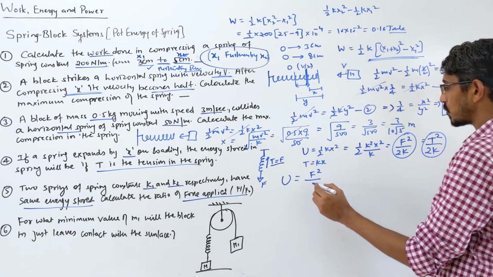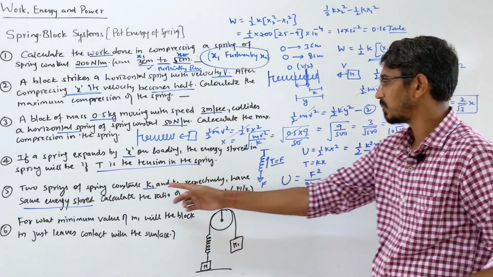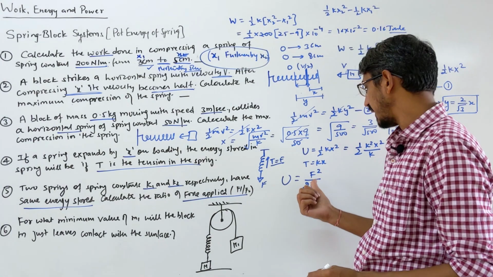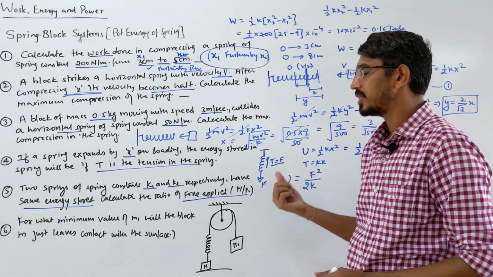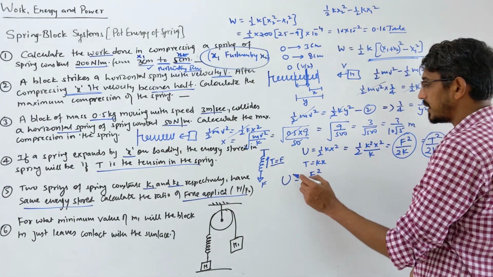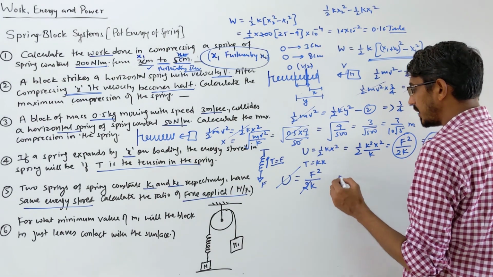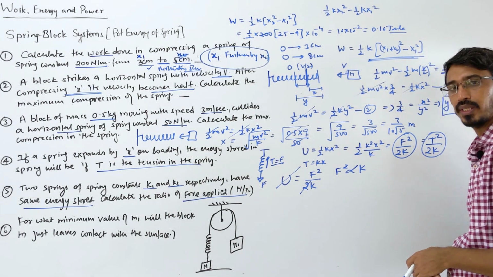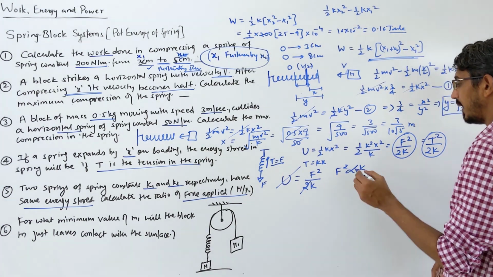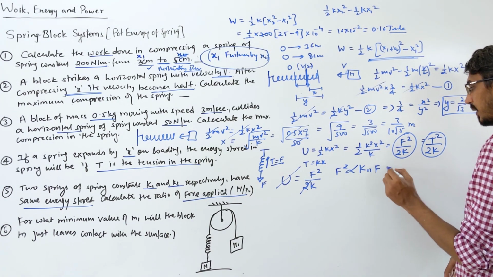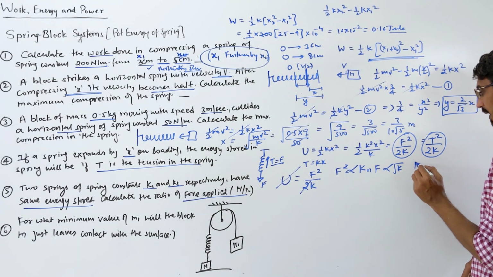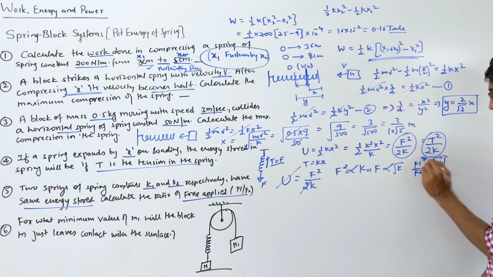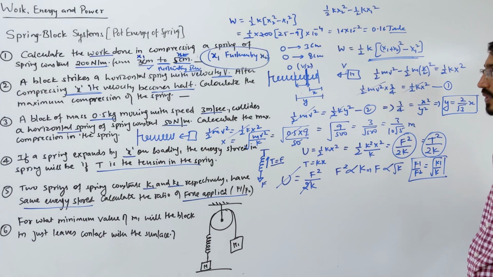So force square upon 2k, because here we don't know expansions, right? Can you see? We know k1, k2, and the force is what they are asking, and energy is given same. So energy is same, then 2 is a constant, then we see that the force square is proportional to spring constant k. They are asking the ratio of the force applied. So force will be proportional to root of k, or you can say F1 by F2 will be equal to root of k1 by k2. That will be your answer of this question, right?